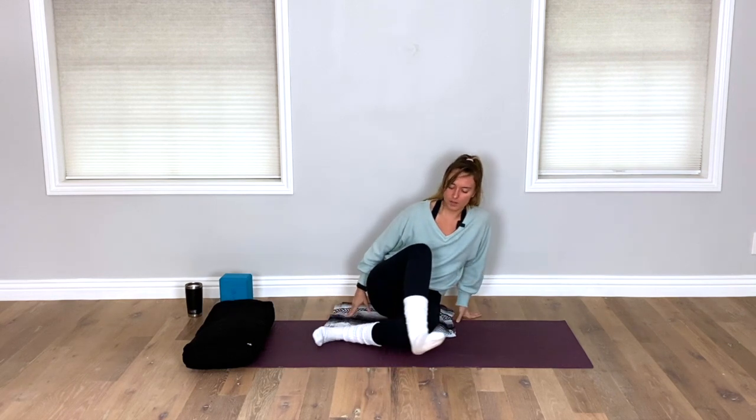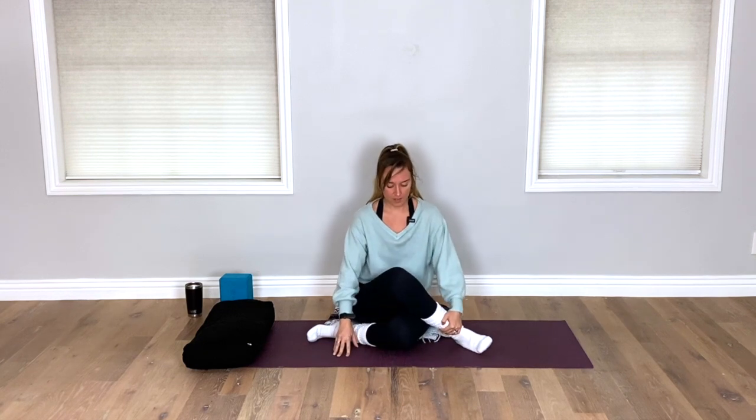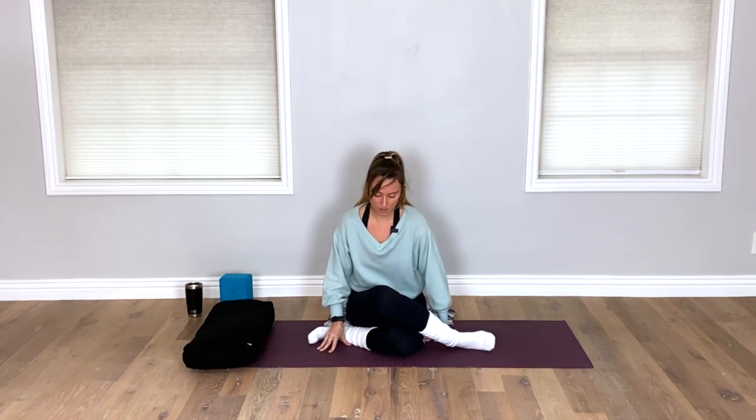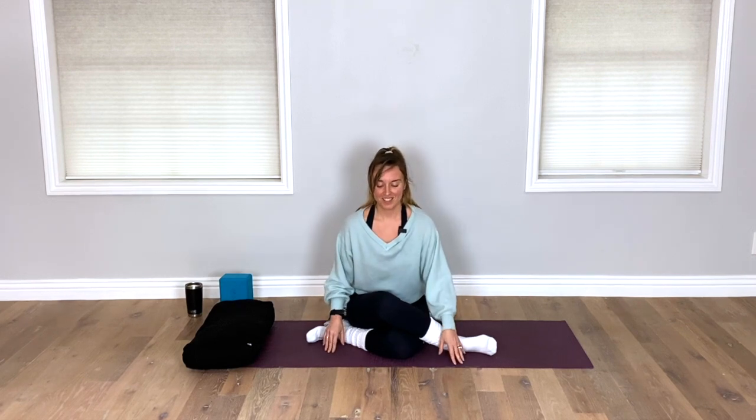What you're going to do is take your right leg, cross it over your left. Your knees will be more or less stacked. It's okay if they aren't. It's okay if there's a big gap here. As long as this is okay for you to hold, I want you to sit up and then slowly walk yourself forward,